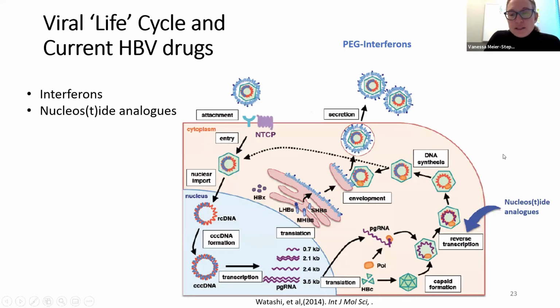These are drugs that affect the DNA polymerase, or the reverse transcription step in the virus. After the capsid is formed, this enzyme completes the part of the pregenomic RNA that gets converted to the other form of the RNA that's needed to go infect a new cell. We currently have 6 of these nucleoside analogs available and approved for treatment.